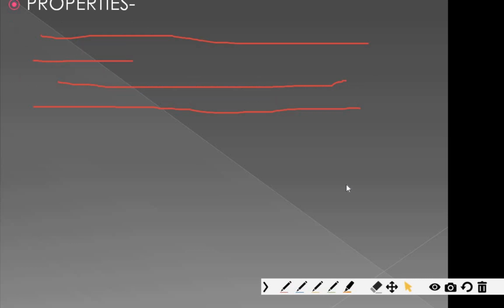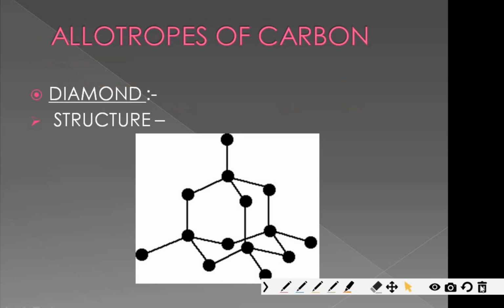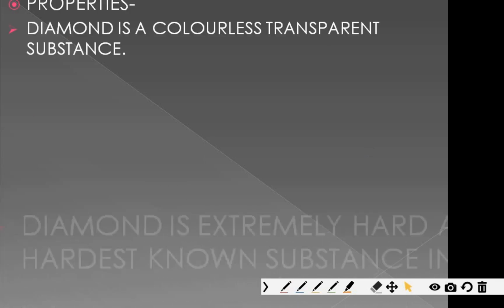If I show you the structure of diamond that was in the previous slide, you can see there is an extensive covalent chain. You can see a cage like structure. Extensive bonding takes place in diamond that gives it a hard structure. So many bonds. There is continuous bonds here also, it can continue. Okay, that's why it has a number of covalent bonds, due to which it shows extensive bonding, and because of that it is extremely hard in nature and the hardest known substance in nature.